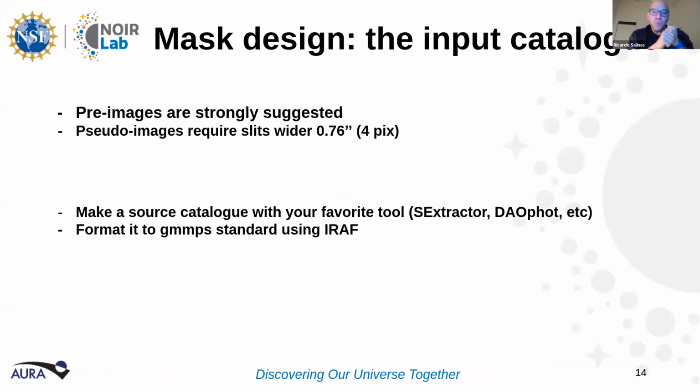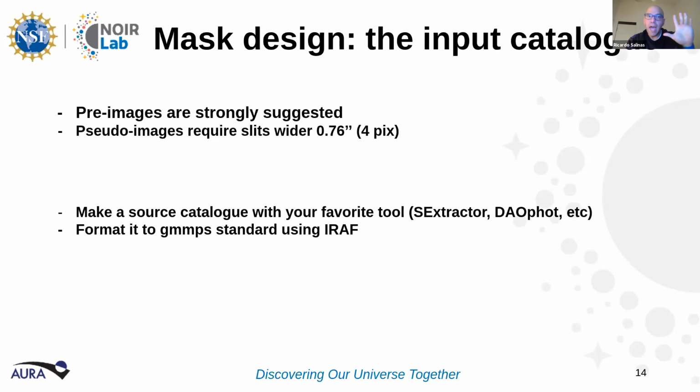Now that we know we're going to observe our target, we know where we're going to place the mask, we know the position angle, now we need targets. We need some catalog so we can design the mask. We need an image. Basically, that's what I'm trying to say. We need an image. And for the case of Flamingos, you can do the same things that Rodrigo told you